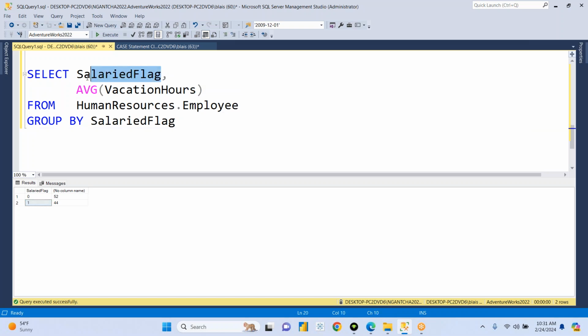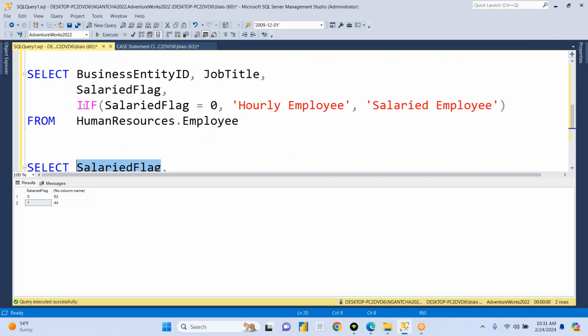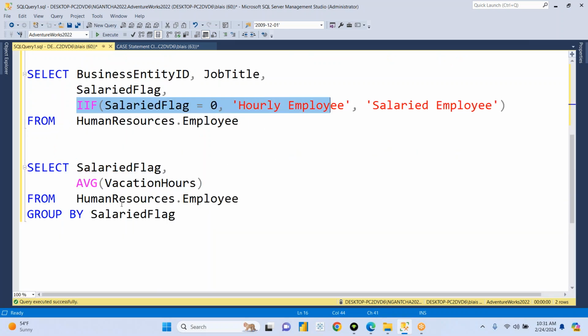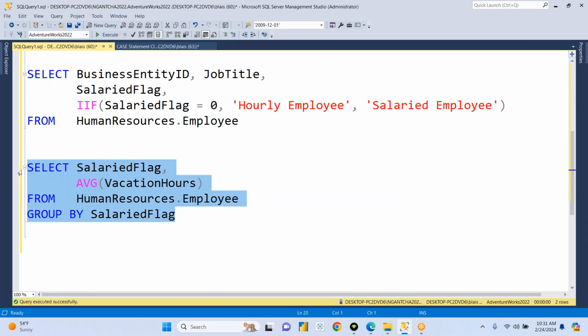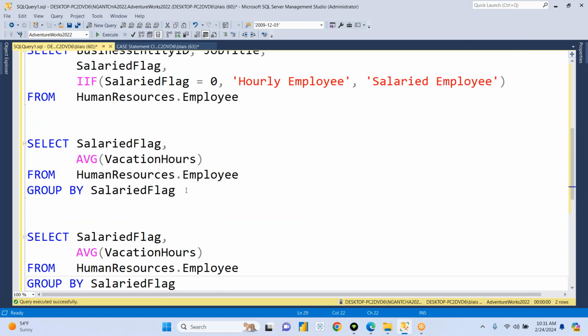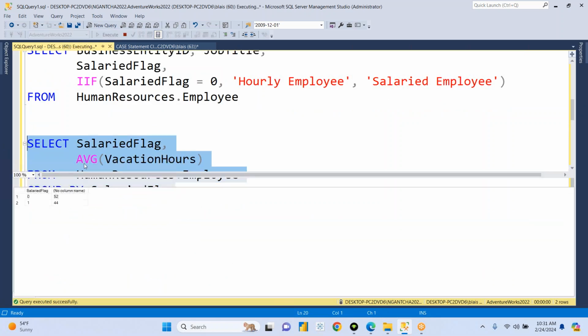Right, so instead of showing this salaried flag, I can use this logic to make it more descriptive. So this is what I'm going to do. I'm going to copy this. Now I want to make this much more descriptive. This is definitely what you first of all do and show it to your manager and say, no, I don't